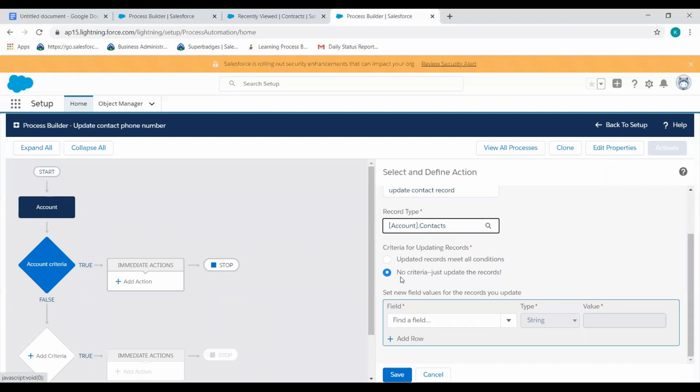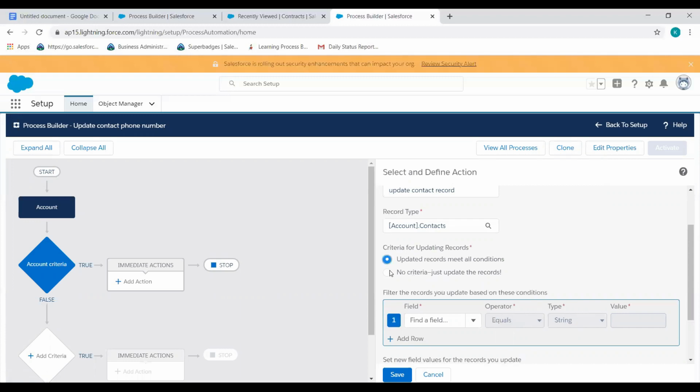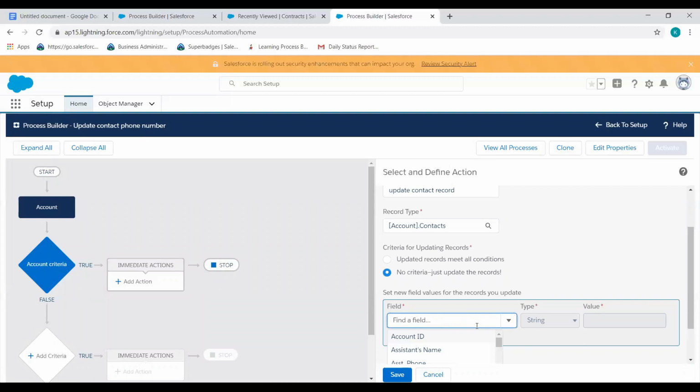Now there are two options: no criteria, just update the record, and criteria, where you can add your criteria. But we don't need any criteria on the contact object. We just want no criteria, just update the record. So we want the phone number on the contact to update.